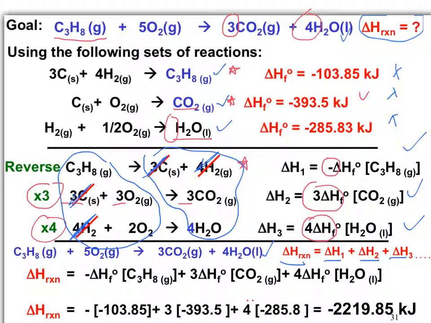Okay, so your delta H of reaction in this case is going to look something like this. Okay, so you have the C3H8, we flipped that, so we have a negative in front. For the CO2, we had to multiply everything through by 3, so you see that here. Okay, and we had to multiply the H2O formula by 4, so you subsequently see that value there. So then we're going to go back to the numbers that we get from our enthalpy of formation table, okay, in the back of the Appendix C, and we're going to plug these numbers into the corresponding